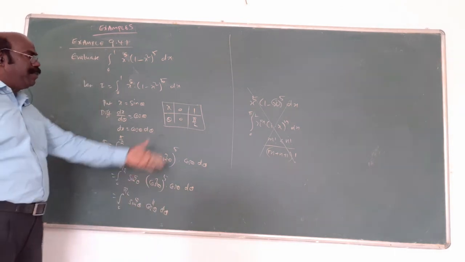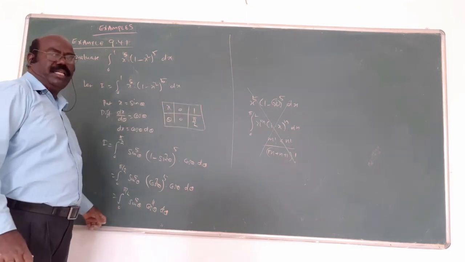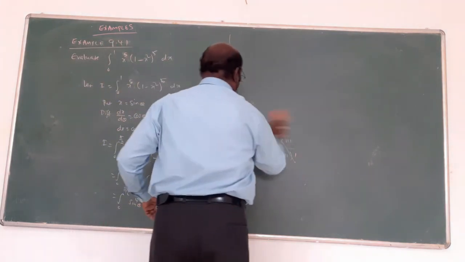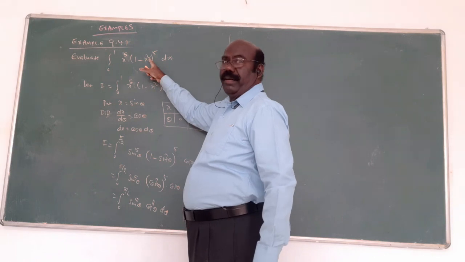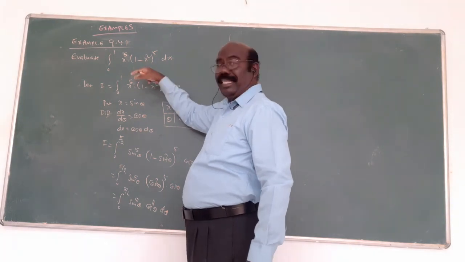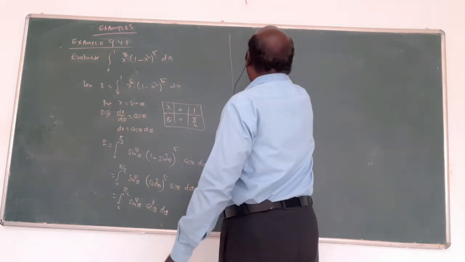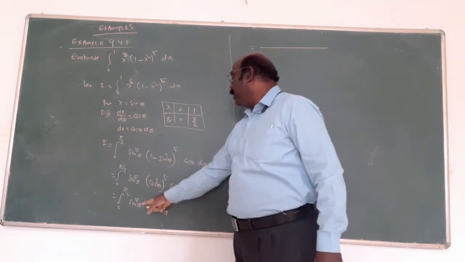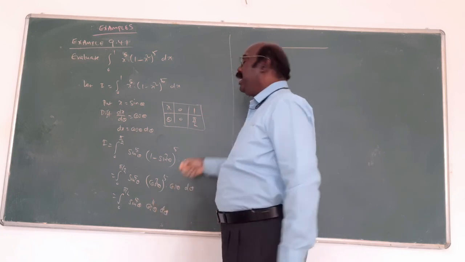Now it is in the other form: sin of something, cos of something, 0 to pi by 2. Because in one exercise problem the square is not given, and in this problem the square is there, so both are different ideas. Now what is the property? For the denominator, what is the power here? 5 and 11, so start with 16.